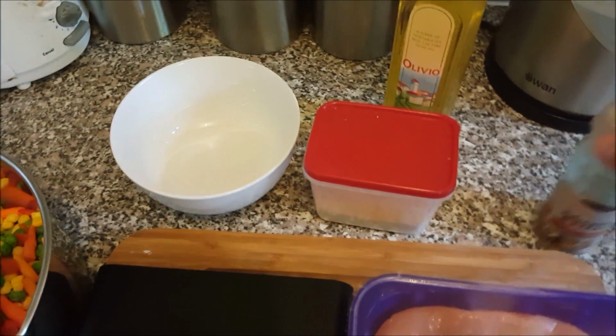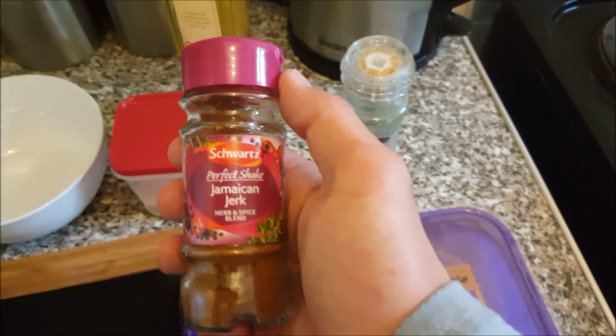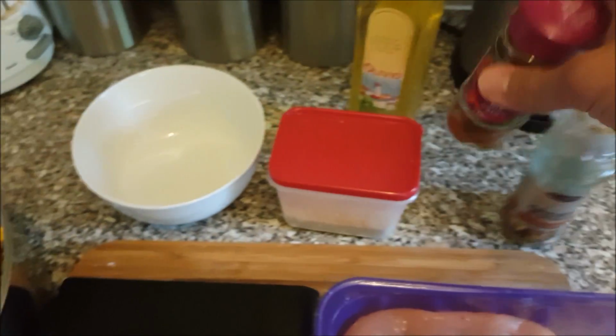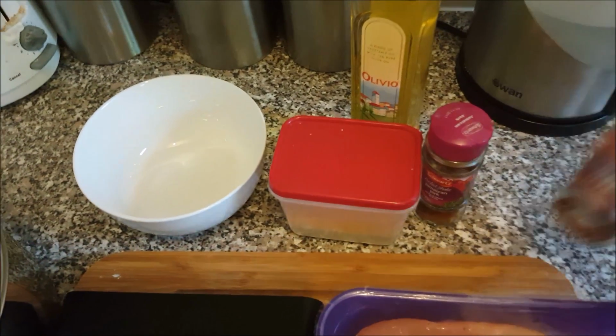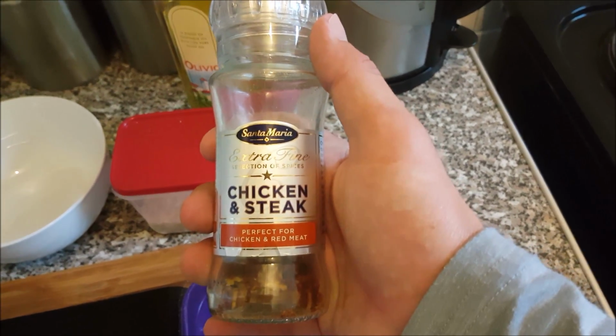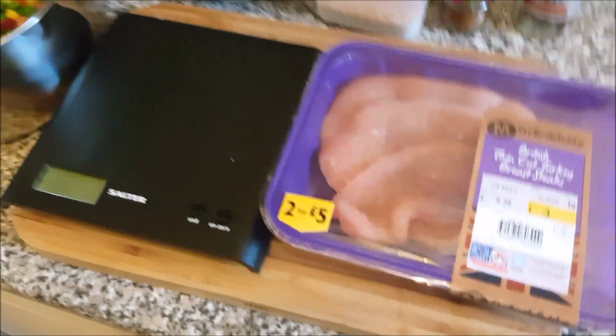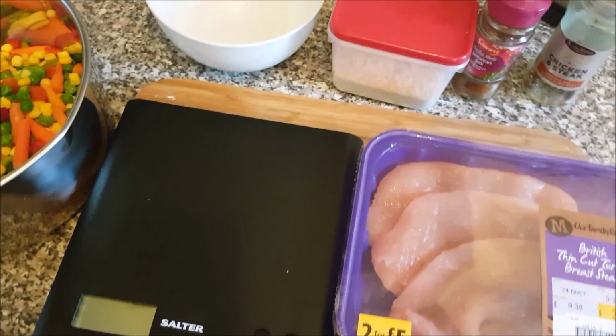Now seasonings, these can be pretty expensive, but we're not going to use a great deal. So I've got the Schwartz Jamaican jerk, and I use this on everything. Absolutely love it. Put it on chicken and put it on steak. So what I'm going to do is show you how to weigh your food out first. Firstly, actually, we don't weigh our meat